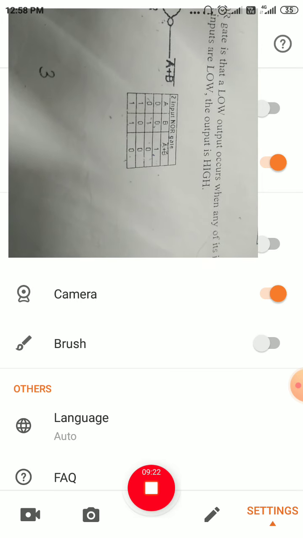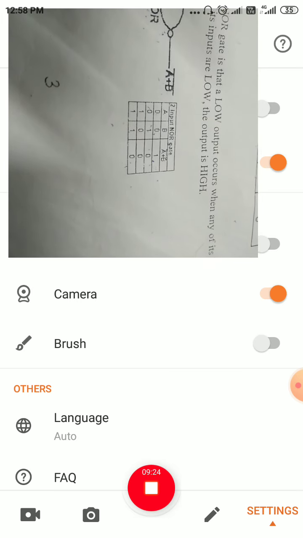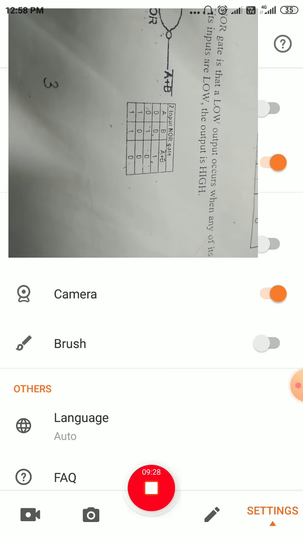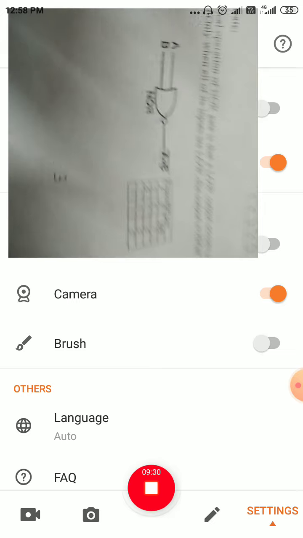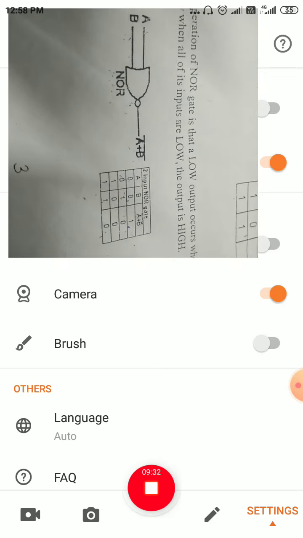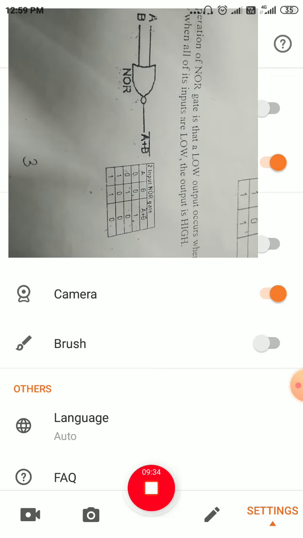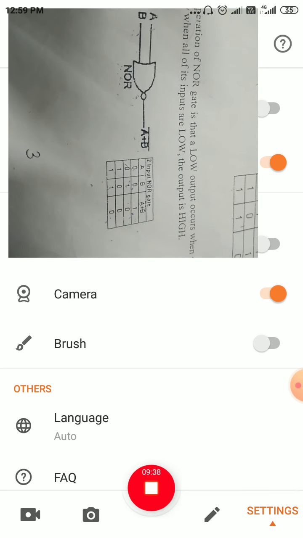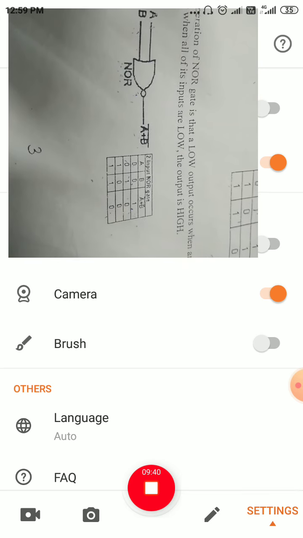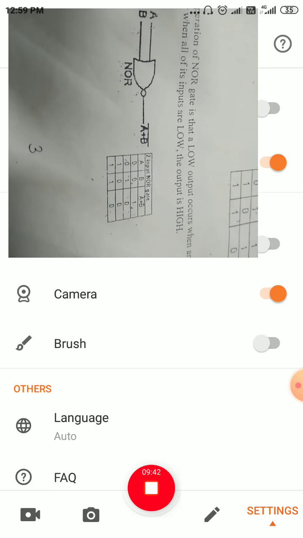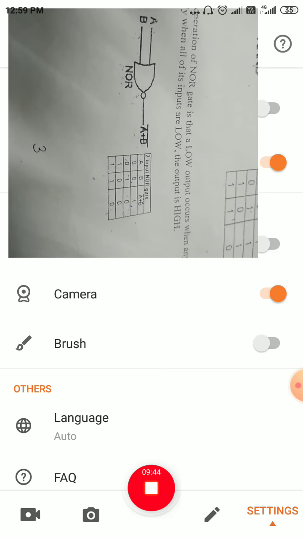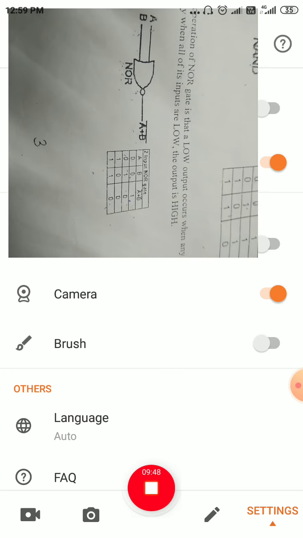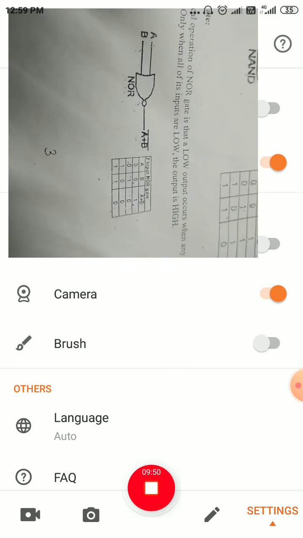The complement is 0 plus 1, which we consider as 1. The NOR gate symbol is the complement of a plus b, whole bar. So a plus b whole bar: 0 plus 1 is 1, and the complement is 0; 1 plus 0 is also 1, and the complement is 0; 1 plus 1 is 1, and the complement is 0. Here the sum is considered as 1, but its complement in the NOR gate is 0.